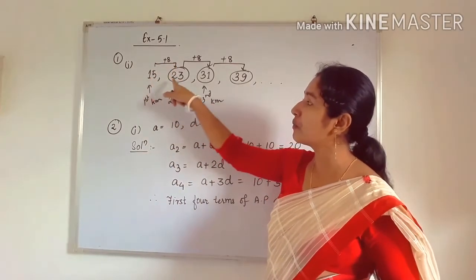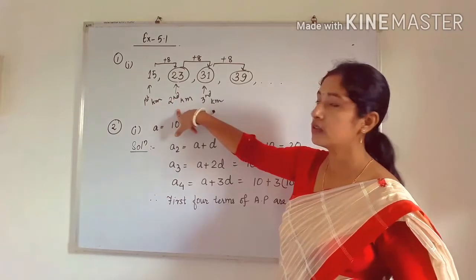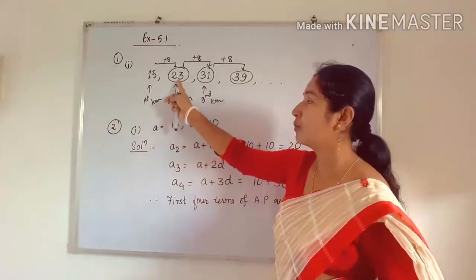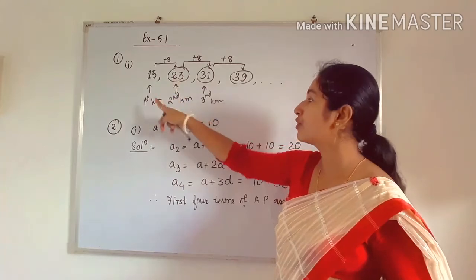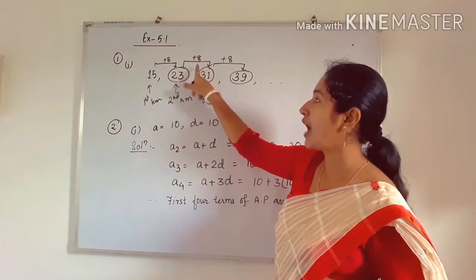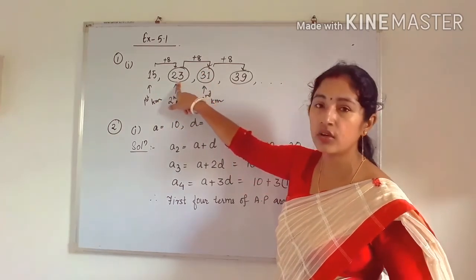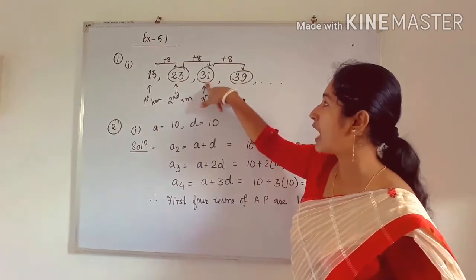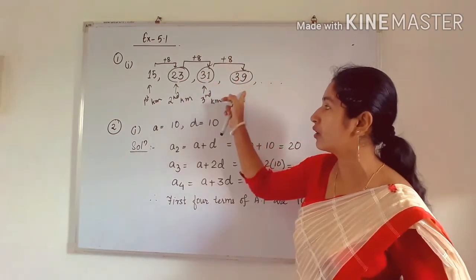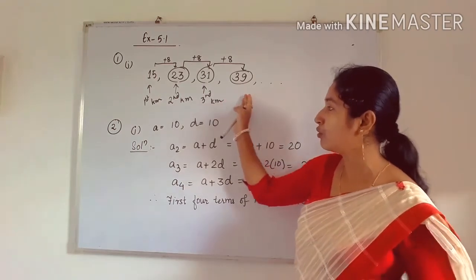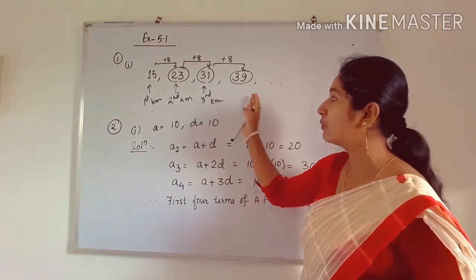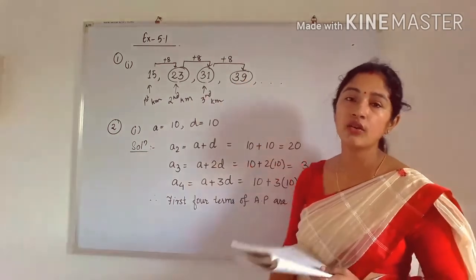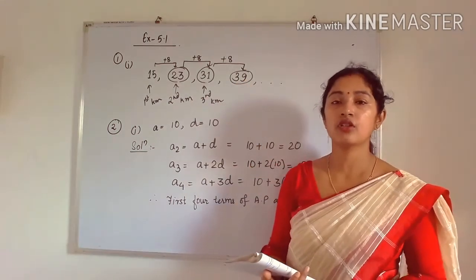So for the first kilometer it is 15, then we have to add 8. So 8 plus 15 will be 23. This is for the second kilometer. That means if you want to go 2 kilometers, you have to pay rupees 23. Similarly for 3 kilometers, again you have to add 8 to the previous, that is 23. Then if we add, we will get what? 31. Again if we add 8 to this number, we will get 39. So if I want to travel 4 kilometers, then I have to pay what? Rupees 39. Okay. So now you have to see whether this shows an arithmetic progression or not.